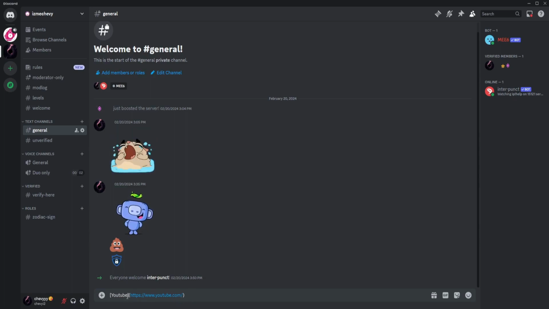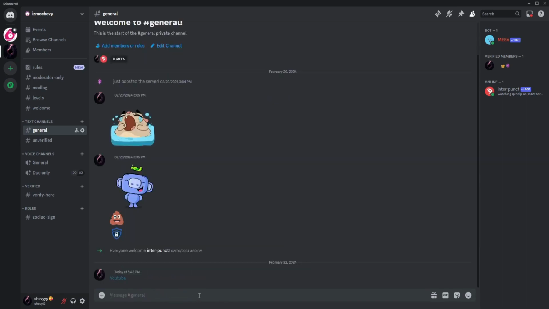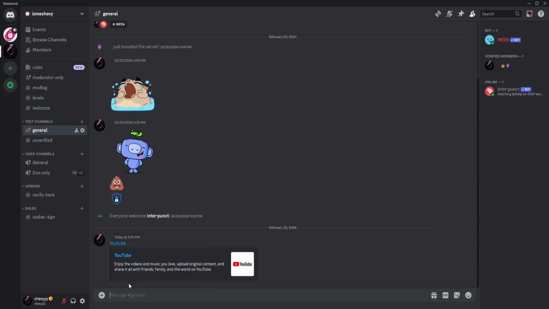Paste it right there, so make sure that the HTTPS is with the link, so you also need to copy that. And once you're done with that, just need to click on enter. And as you can see, you have now linked it, but if you want to hide this embed right here,